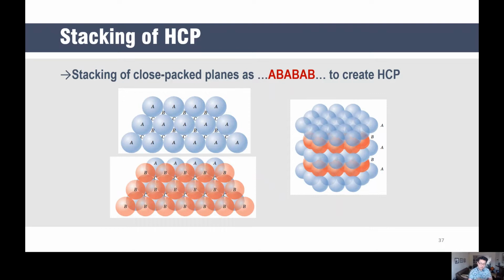Now, what is cool about HCP is that it could potentially be the densest possible, and here it is shown already geometrically, but it depends. The reason for that is HCP could be a little bit elongated. So, for example, graphite is this kind of elongated HCP, and so it's not very symmetric. And so, if the separation between the A and B layers is larger, then what we call